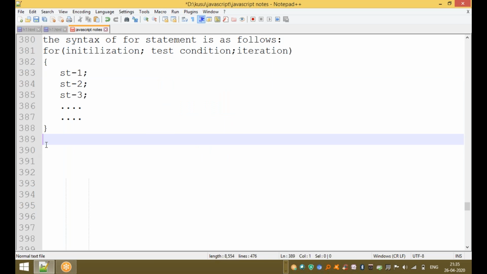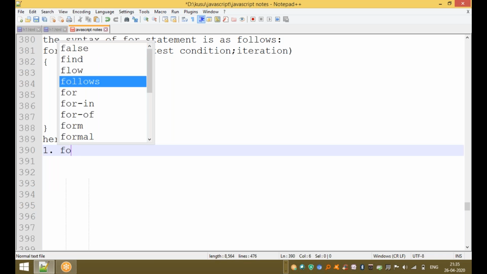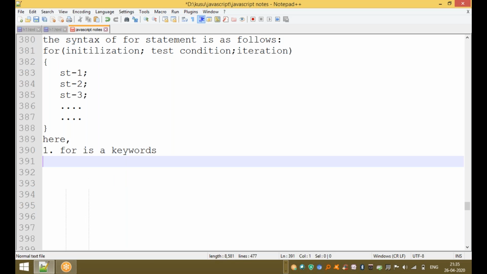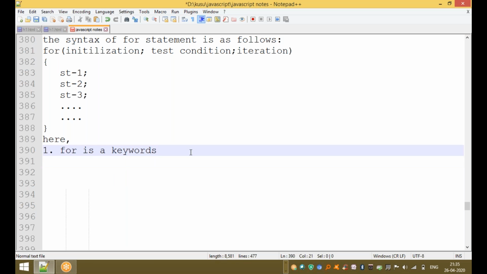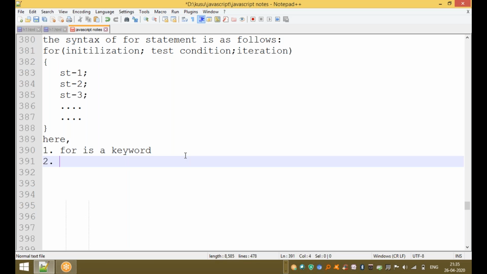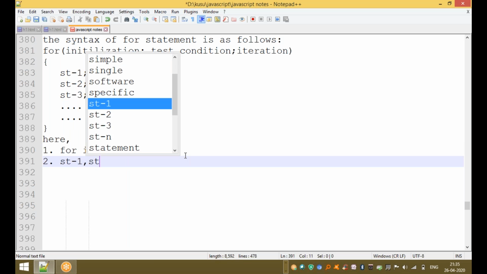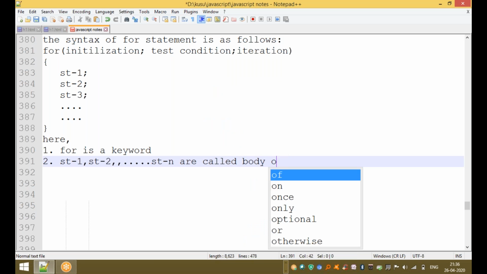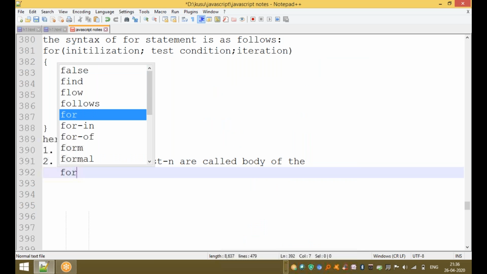Here, for is a keyword used in the for loop. The second one is initialization. Statement 1, statement 2, and so on up to statement n are called the body of the for loop.